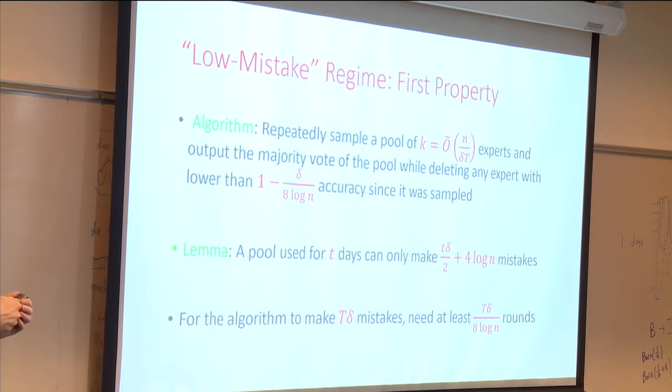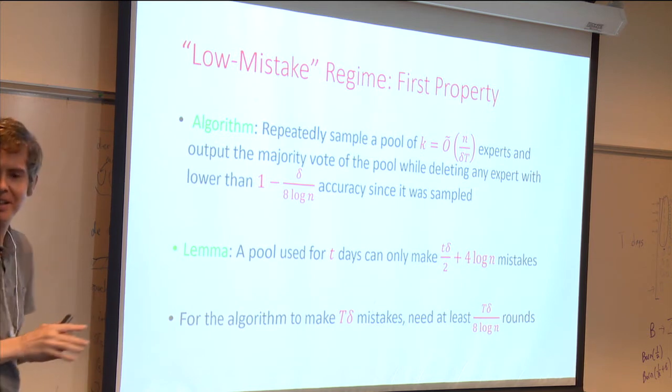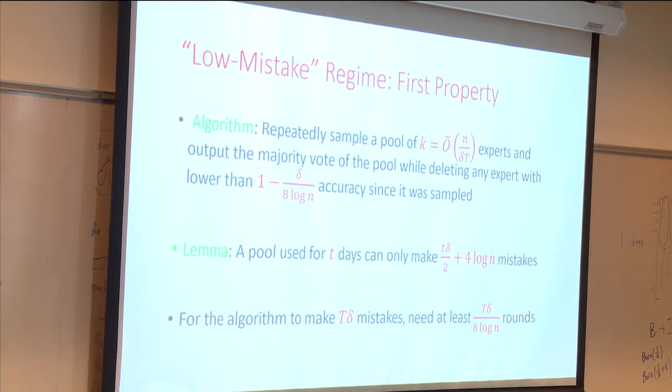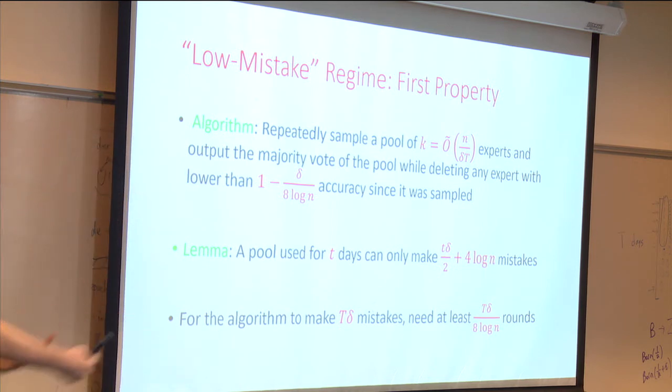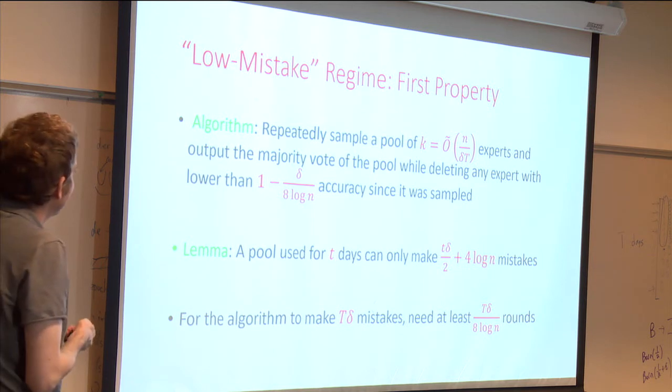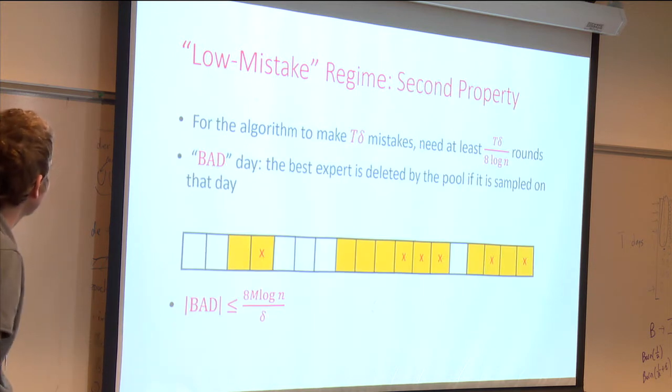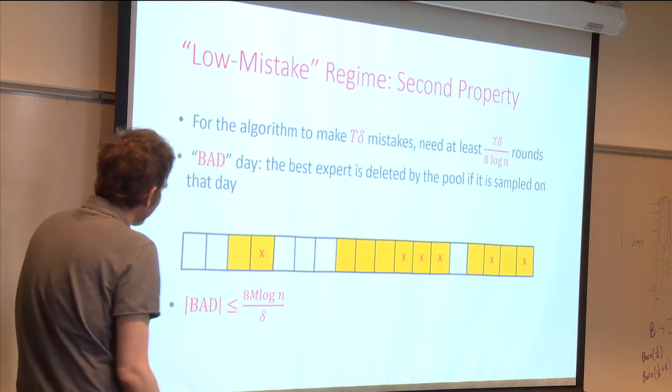Okay, but the distribution here is fairly complicated. What days am I going to sample experts on? It depends on the entire history. Maybe I made some samples in the past that caused me to throw away my pool, and so on. So it's hard to understand this distribution. But since I'm over time, let me just give you the slide of intuition,